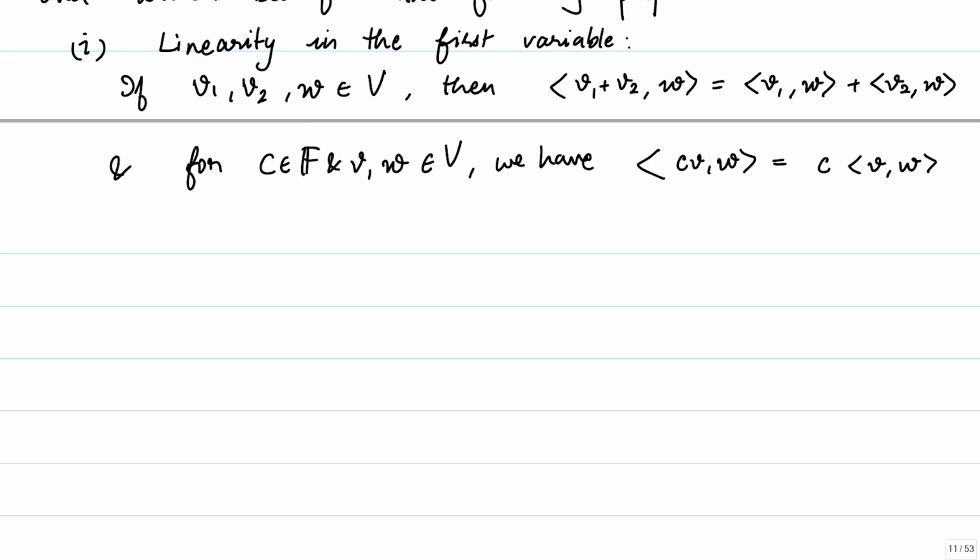Notice that if you are already familiar with the dot product, this is something which is already satisfied by the dot product. How about the second property?